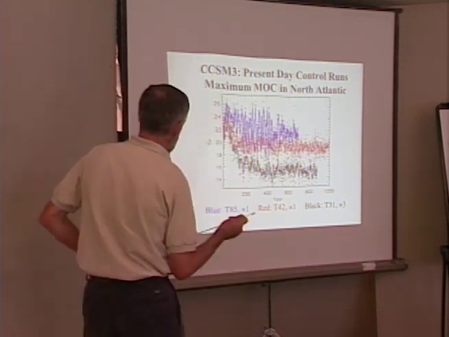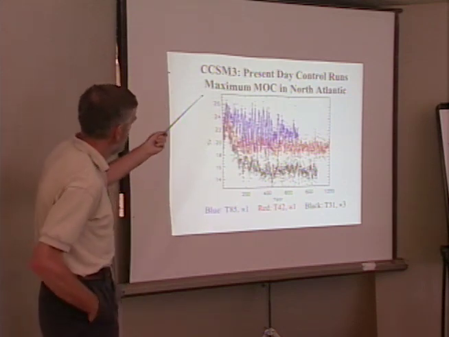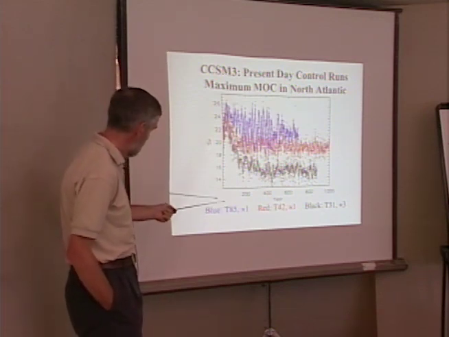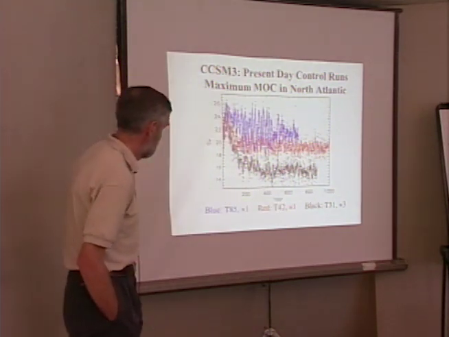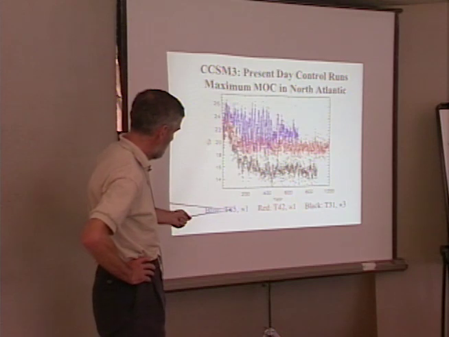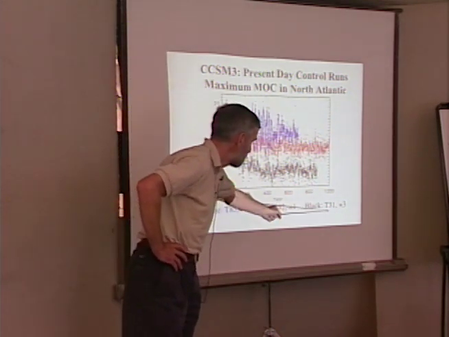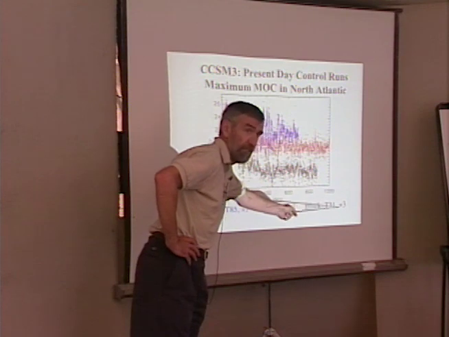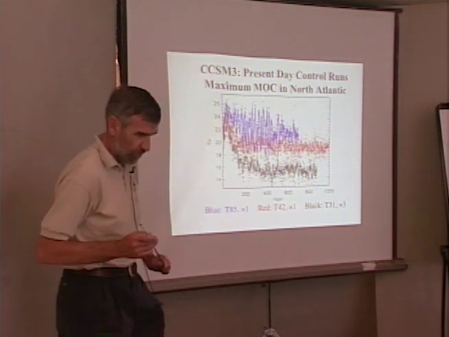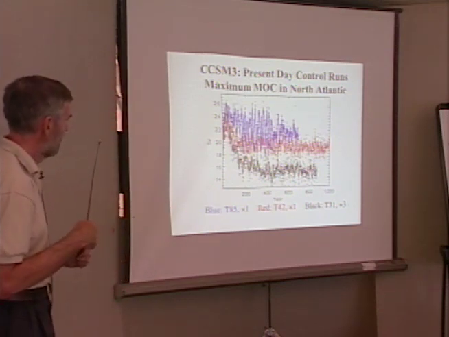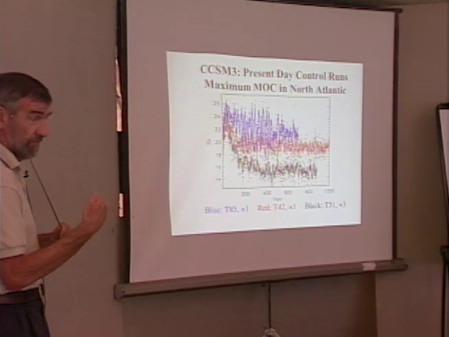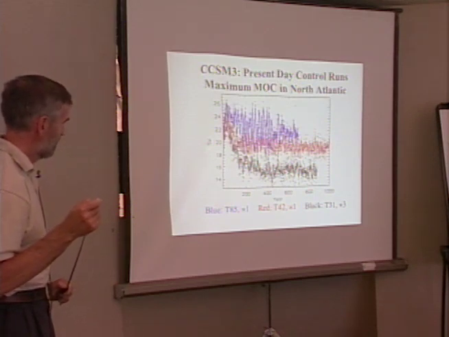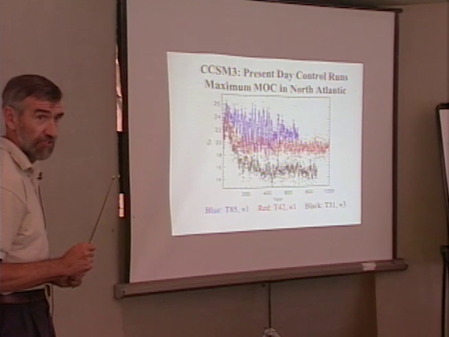So the first thing I wanted to do was say these are some present-day control runs with 3 different versions of the model with different resolutions. The T's here refer to the atmospheric resolution. This is about 1.5 degrees, this is closer to 3, and this is more like 4 degrees. On the ocean side, we have a 1 degree model and something like a 3 degree model. Actually, the 1 degree is 1 degree in the zonal direction. In the meridional direction it has varying resolution, with much finer resolution at the equator to represent equatorial processes and coarser resolution farther north, but